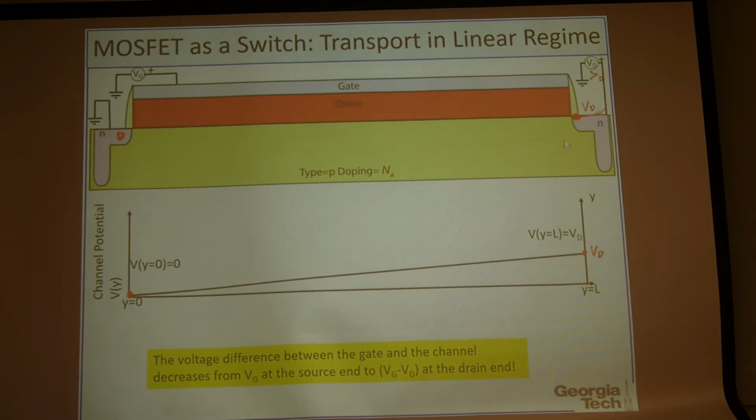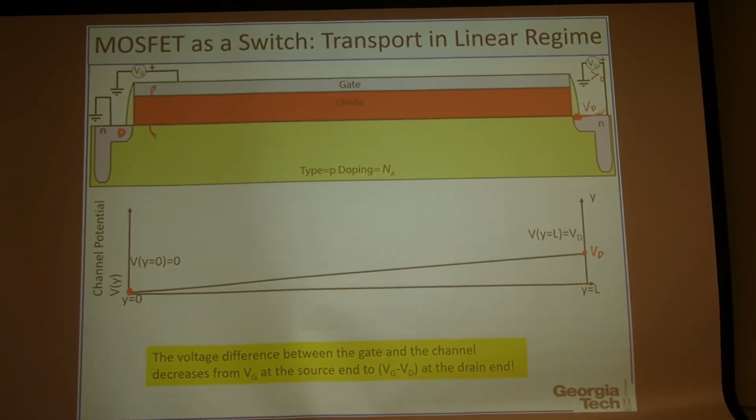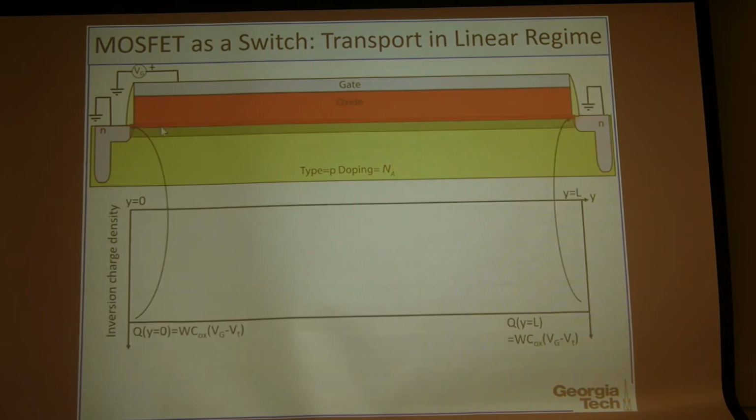So this is the voltage across this channel. But we care about the voltage difference between the gate and the channel here. So what is the voltage difference here? And what is the voltage difference here? So this is what we care about. And this is different because